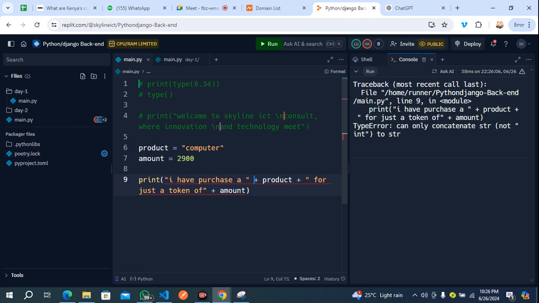Now, this is a problem and this is a problem we should fix. We are trying to combine amount. An amount is a type of what? Integer, right? We've done that already. And we see that amount is an integer, while the product is a string. And Python is telling us there is no way this can work, right? There is no way this can work.